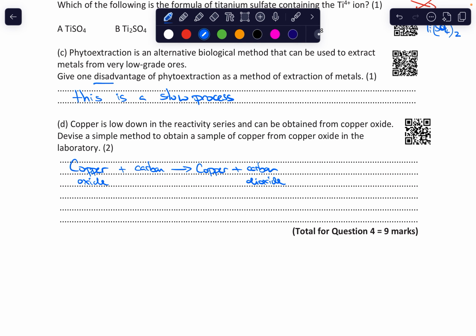So now we need to explain how to do this. The first thing you would do is mix the copper oxide and carbon in a container, and then you are going to heat the mixture. Okay, you're going to let the mixture heat up, and whilst that is heating up, that reaction will take place and copper will start to form. So we're going to get a mark for that and a mark for that to give us our